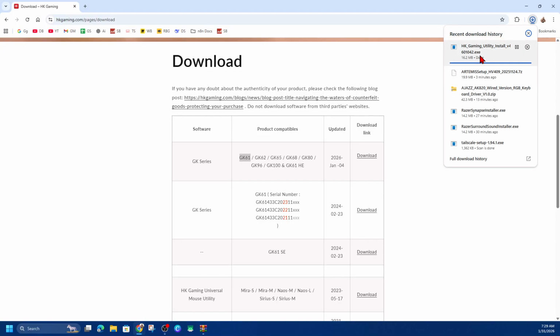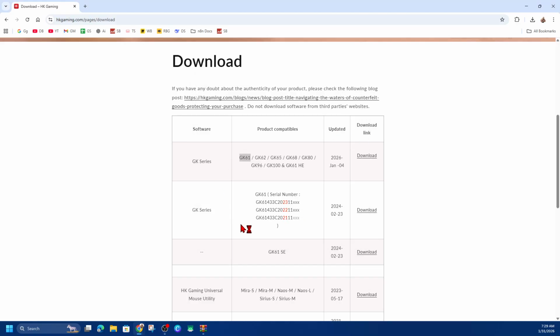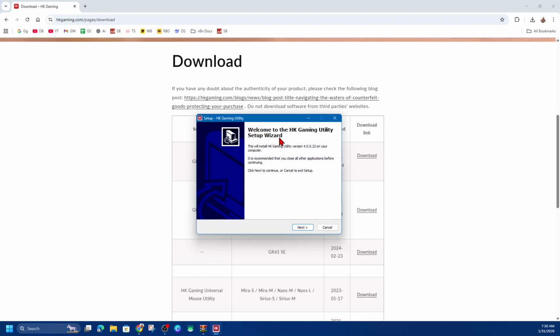Now, once it's finished downloading, you want to go ahead and double click to open up the exe. It might be in a RAR file. Now, if you get this, Windows Protect Your PC, click on More Info and click on Run Anyway. And then click Yes. Then from here, it's going to open up the Welcome to the HK Gaming Utility Setup